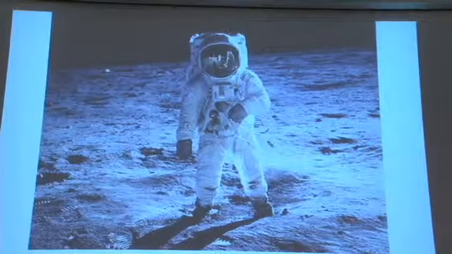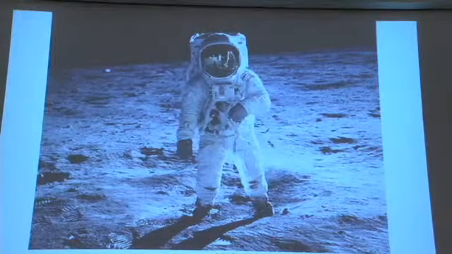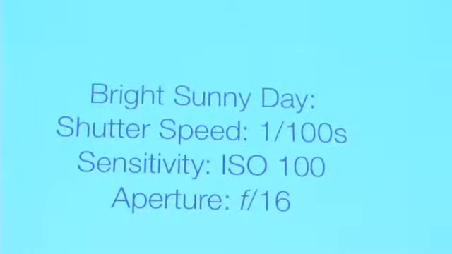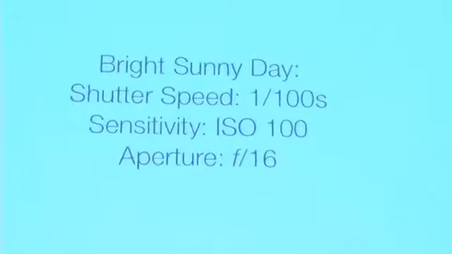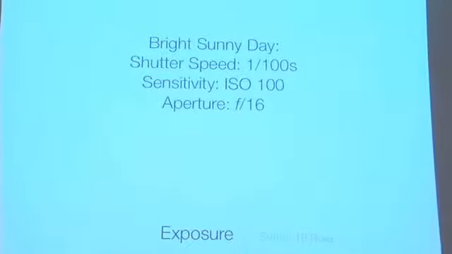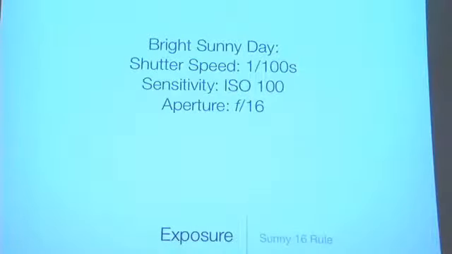It doesn't have anything to do with the atmosphere at all. I mentioned the Sunny 16 rule in the last slide, where I said if you're outside on a bright sunny day, you have to have settings like this, which means that if we bump down the aperture a few stops, we can increase the shutter speed. Even if we go down 3 stops, so rather than f16 we go to f11, f8, f5.6, and we increase the shutter speed by 3 stops, that means we go to 1/200, 1/400, 1/800th of a second at ISO 100 and an aperture of f5.6.